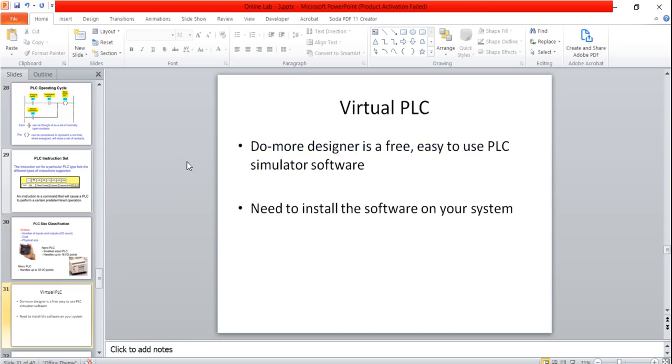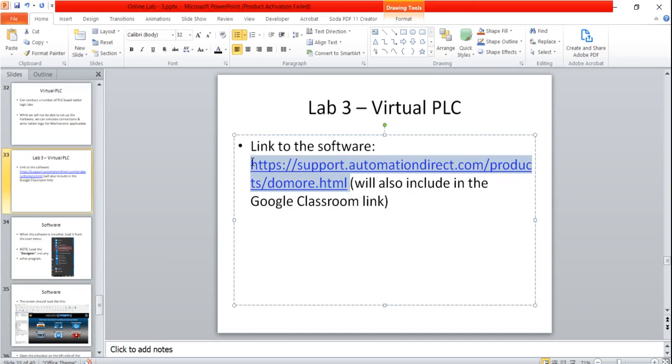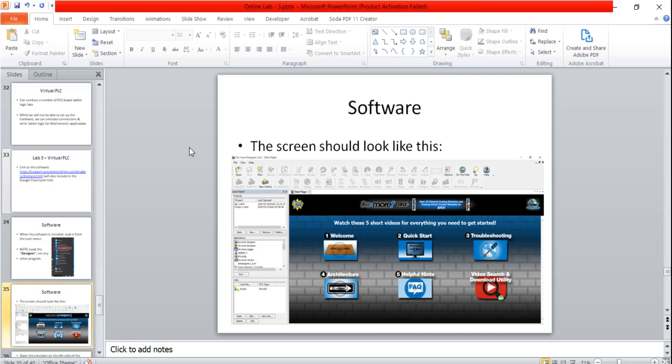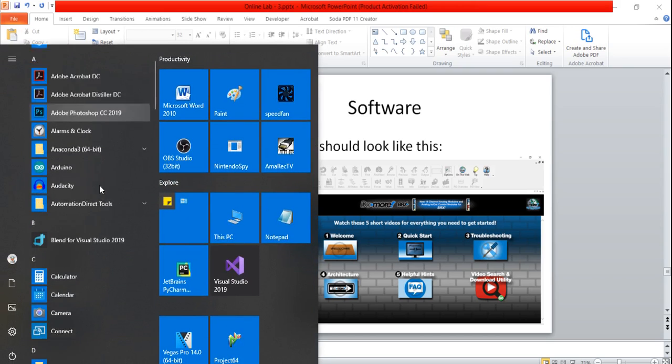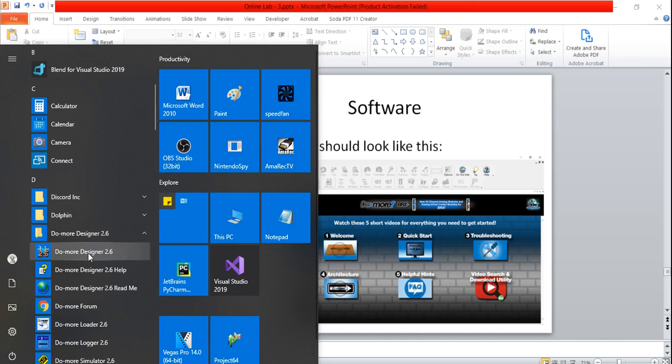We don't have any hardware because we are conducting this lab online, but we can use software to simulate a PLC. This is a link to the software. I will also include this in the Google Classroom. I think this is about 300 MB, but this is a very good software because you can actually simulate actual PLC processes and do programming on it. I have the program installed. It's called Do More Designer. So I'll click this, I'll go on my Do More Designer,